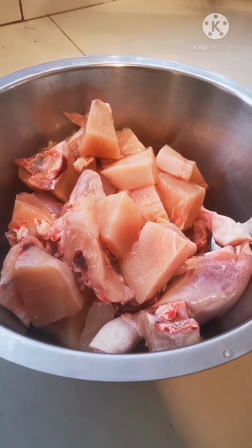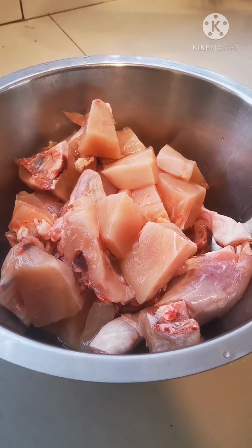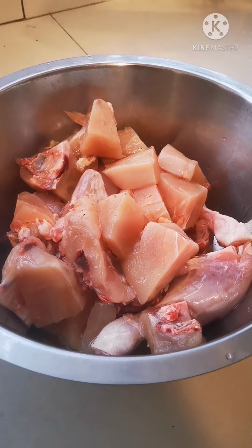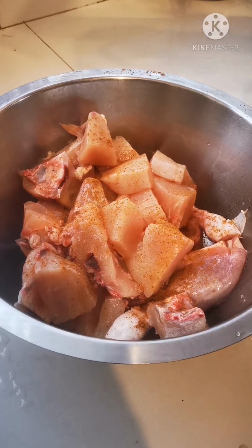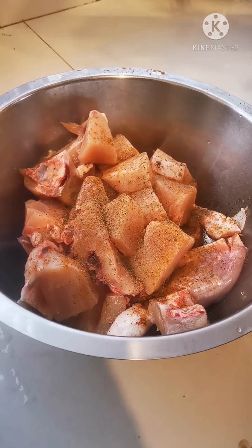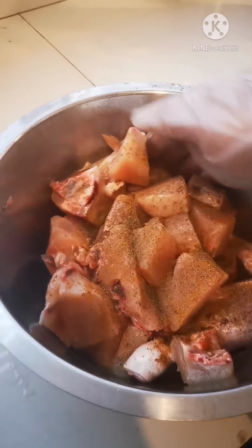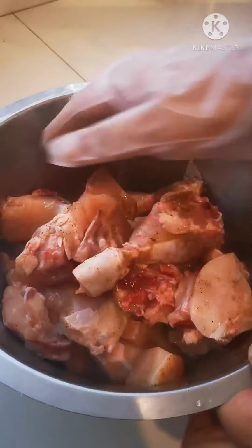First, I'm going to marinate this chicken with a little bit of oil. To this I add a little bit of garam masala. Actually, most of the recipes do not use this, but I'm just going to do this. And here is some black pepper powder. I'm going to give it a good mix and let it sit for about 15 minutes before I start